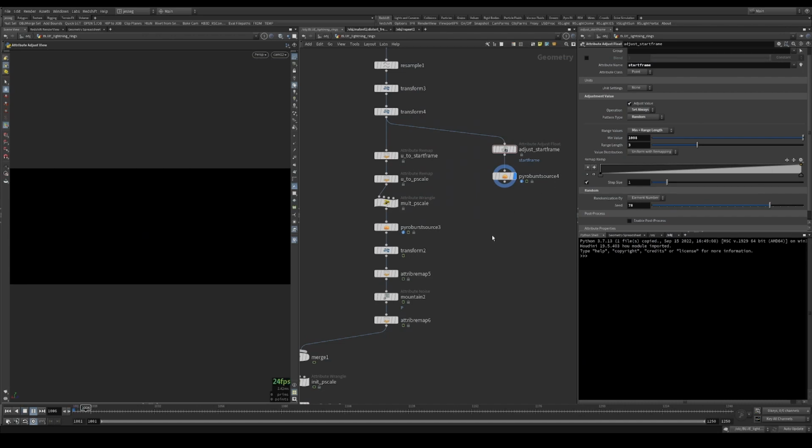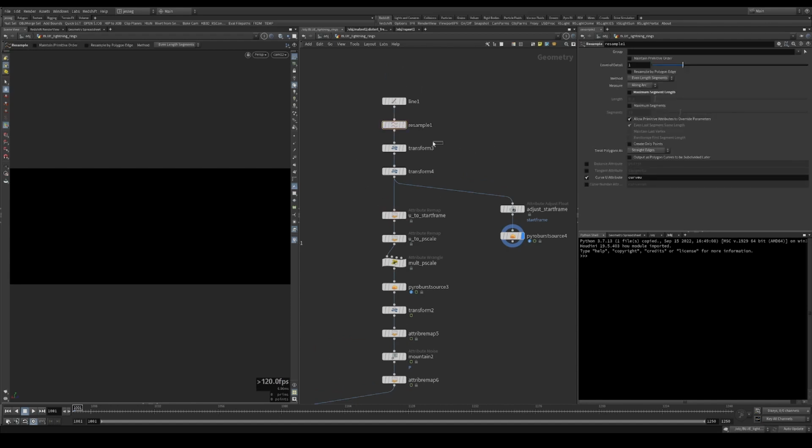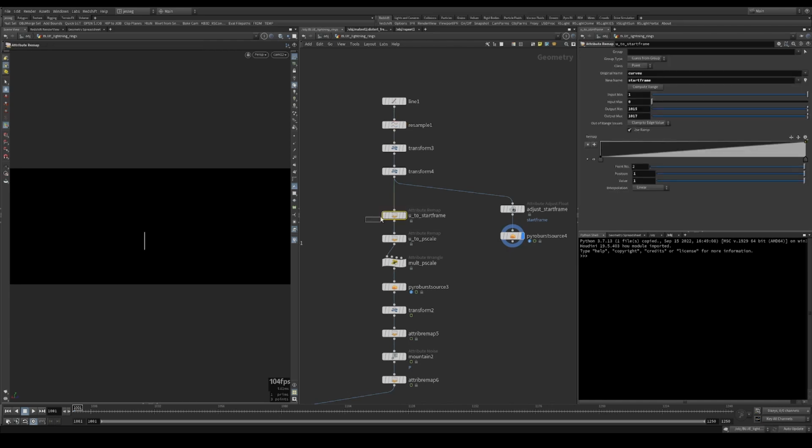So we're not gonna make it random. We don't need something random. We need something that we can control. So you remember that curve view attribute that we have, we can fit that into our own start frame. So in here,